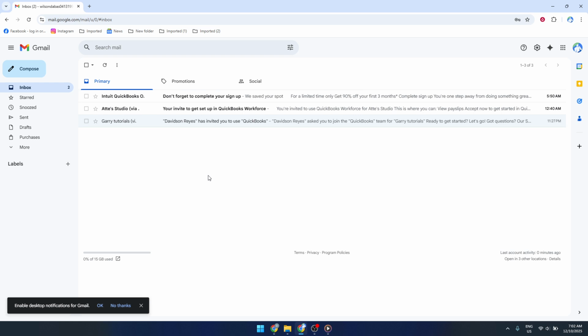Find the Send Mail As section. If you see any email addresses here that you no longer want linked, click Delete or Remove next to those entries and confirm. Then, look for the Check Mail from Other Accounts section. Again, remove any addresses you no longer want Gmail to fetch mail from. When you're done, your main Gmail account will no longer be linked to those addresses, and your inbox will be much cleaner and easier to